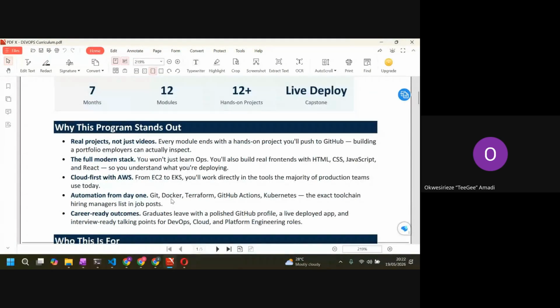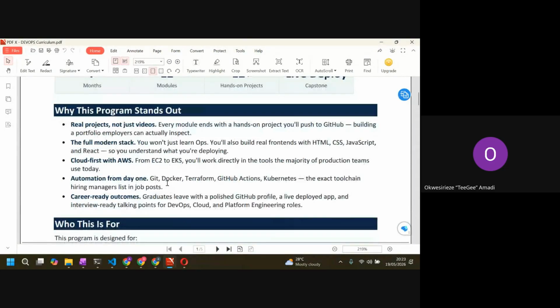Right. So why this program standards? You get to do real projects, not just videos or me explaining. You get to do really hands-on projects that will actually help you. Every module ends with a hands-on project you push to GitHub. Then you also learn how to deploy a modern full-stack application, front-end, back-end. I'll even go ahead to teach you how to create a database and connect applications to those databases,